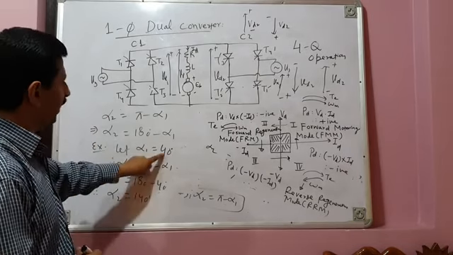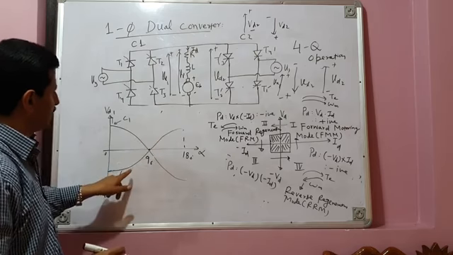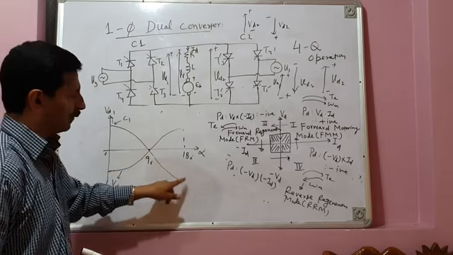Now at alpha equal to 0, converter C1 average output voltage is maximum positive and converter C2 average output voltage is maximum negative. VD1 is equal to minus VD2. As alpha increases, so this is 0 degree, this is 90 degrees, and this is 180 degrees. As alpha increases, the converter average output voltage VD1 decreases and converter average output voltage VD2 also decreases. Till at alpha equal to 90 degrees, alpha 1 equal to alpha 2 equal to 90 degrees, both output voltages are 0. Then for alpha greater than 90 degrees, this average output voltage of converter C2 will be positive and average output voltage of converter C1 will be negative.